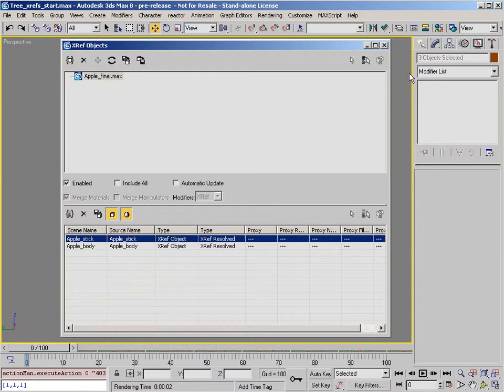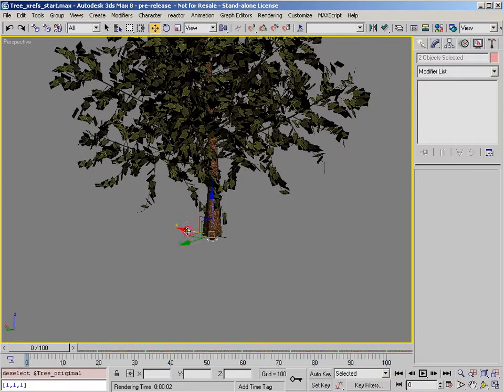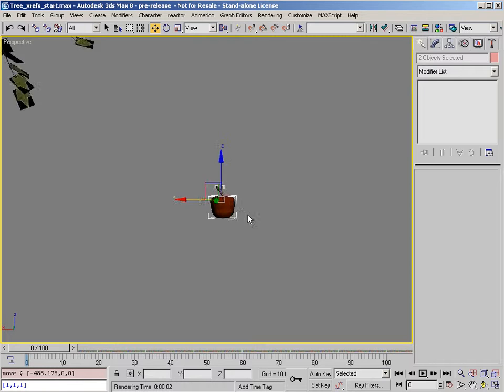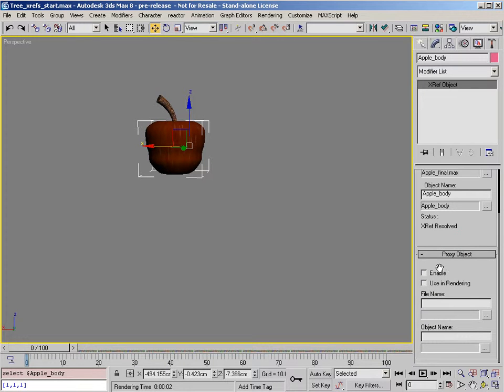Basically, we get the object in the scene. You can select and move your apple, as well as the apple stem, and it's just like a regular Max object, but when you go to the Modify panel, it's displayed as an XREF object, and it has some different parameters to adjust there. In Proxy Object, you can set the object so that it uses a different object to